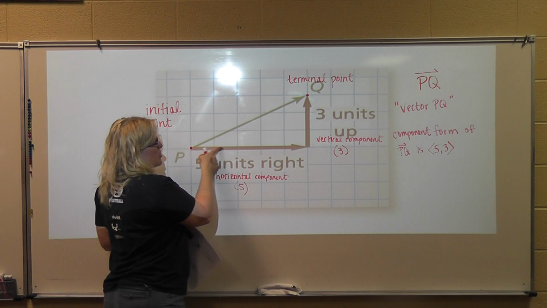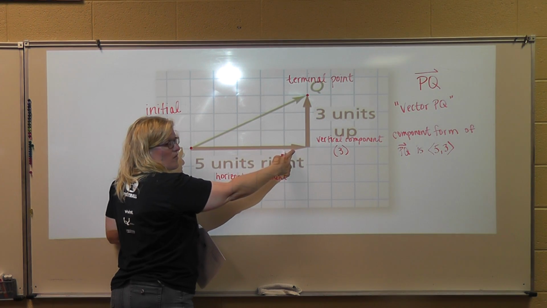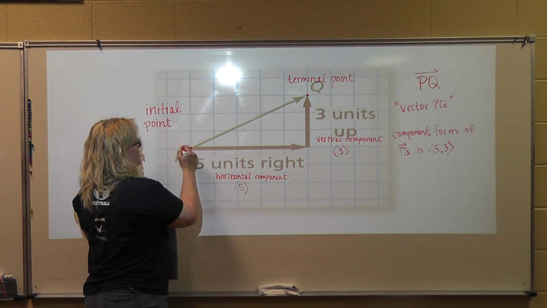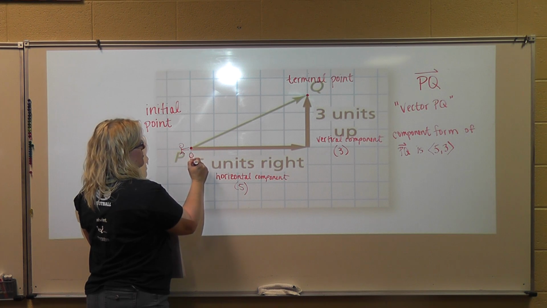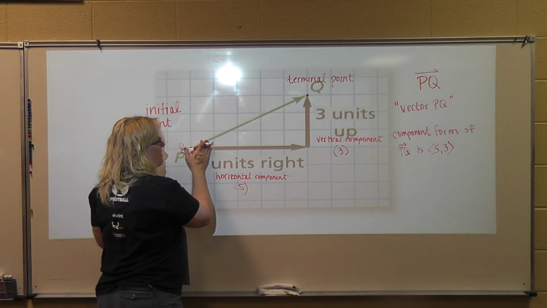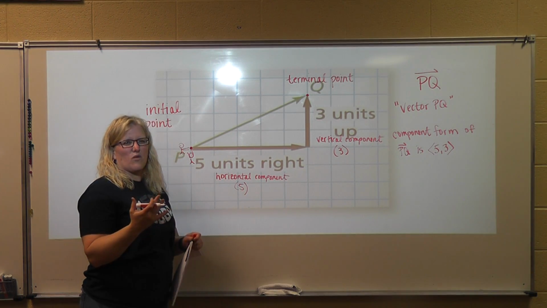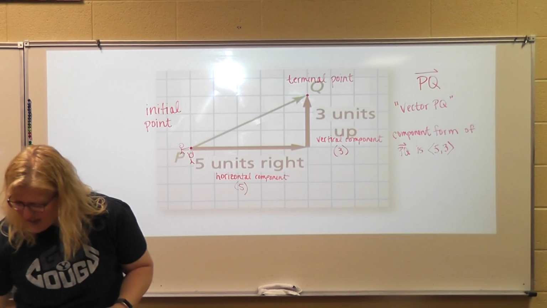Well, the person pushing it this way, in this case, is a little bit stronger than the person pushing it this way. If they both push at the same time, that rock is going to move along that line. And that's what I think of when I think of vectors in their component form. Okay, so